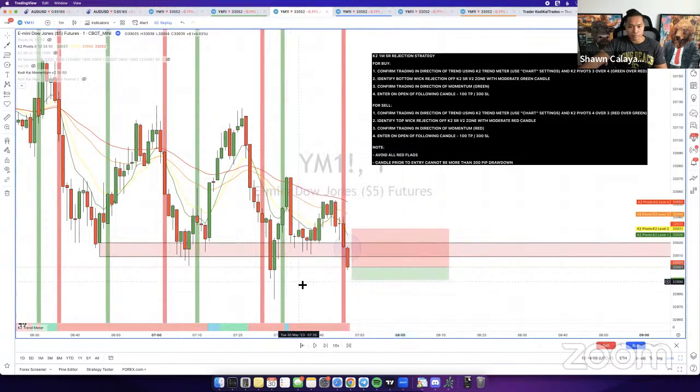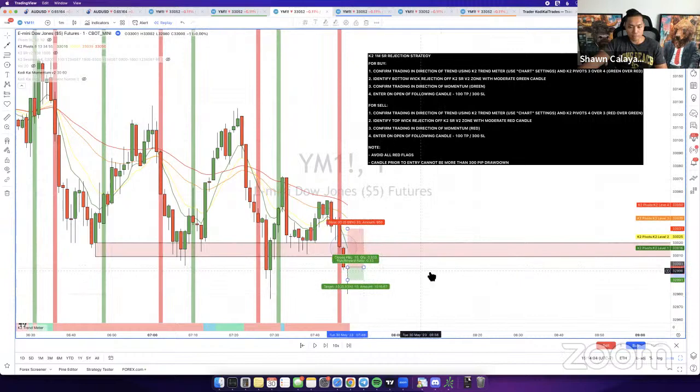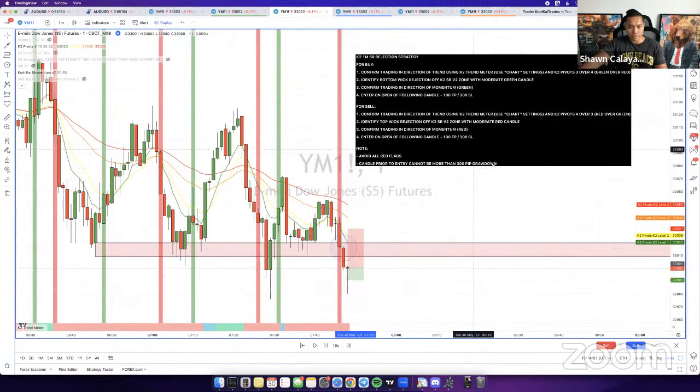Have everything set up right there for a sell, let the trade run, and you can see it blast right through a TP right there on the next candle. So that's going to be another example of an SR rejection. This strategy is really good during the summer because the market tends to range a lot during the summer.